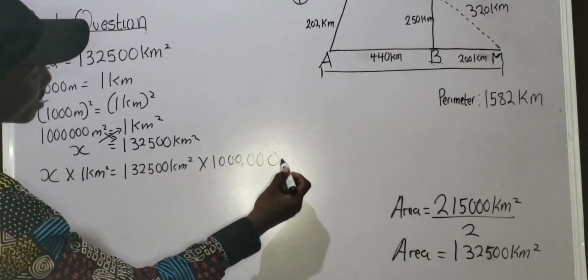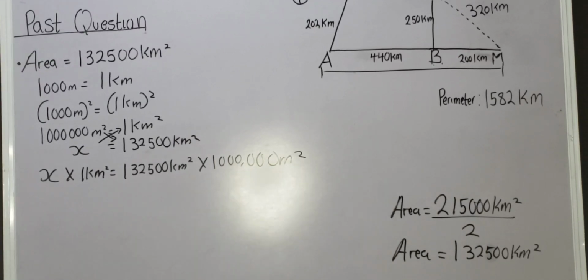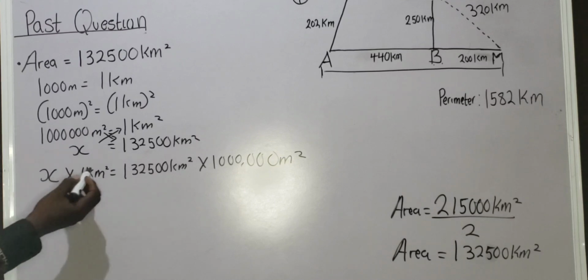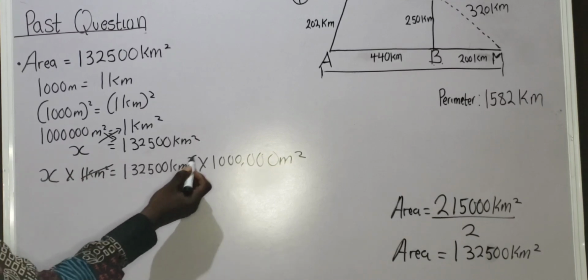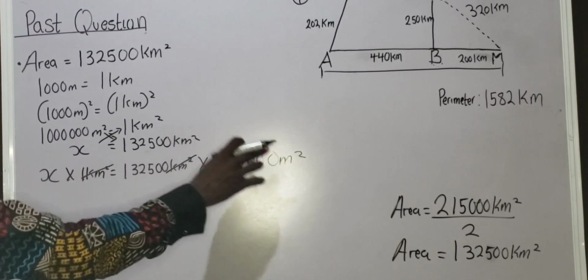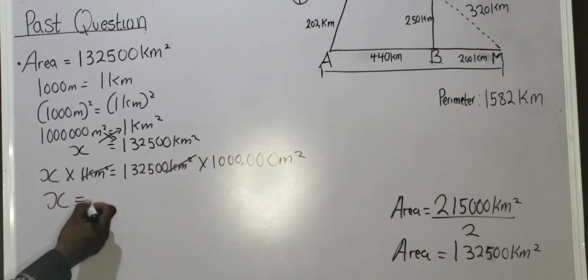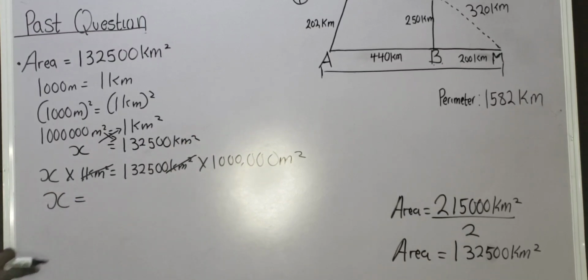1 million meters squared. Do you understand? So now let us proceed. In that case, kilometer squared will cancel kilometer squared. So I'm going to be left with what? Meter squared. So x is equals to